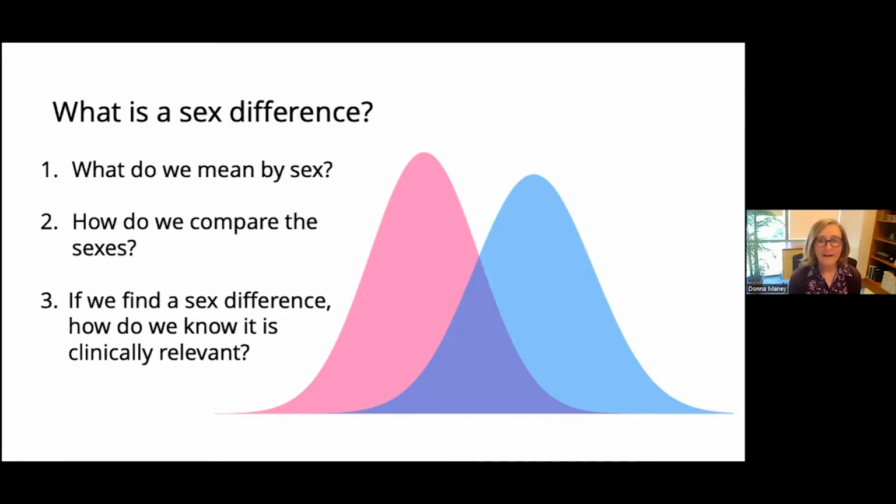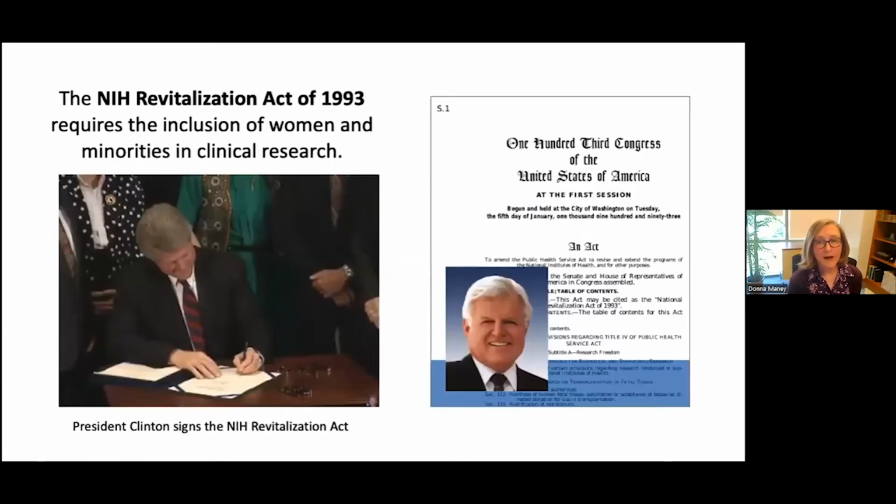And then finally, let's say we do compare the sexes and we find a difference. What does that difference look like? How do we interpret it? And how do we use that knowledge toward a higher purpose? Now, I'm not going to answer any of these questions today, certainly. These are questions that I just want to pose to point out that the answers are not as straightforward as they might seem on the surface. And that's really important because we've been told that including both sexes in our research is critical for rigor and transparency and reproducibility. So let me give a little bit of context about rigor and transparency and what brought us to where we are today.